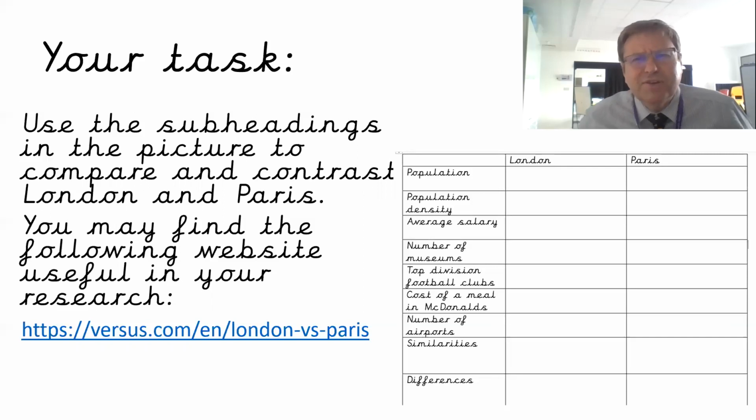And here's another interesting one: the average cost of a meal in McDonald's. Is it the same all over the world, or is it different? How much would it cost in London compared to Paris? Then the number of airports, and then look at some of the similarities and differences between London and Paris.